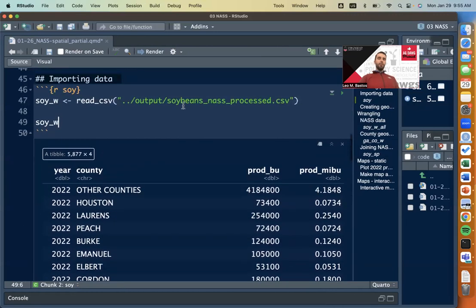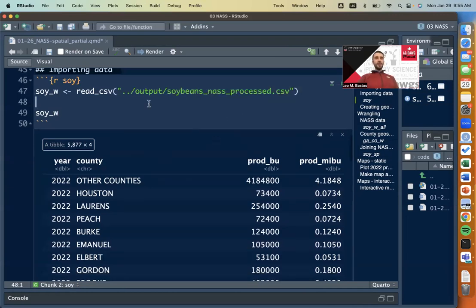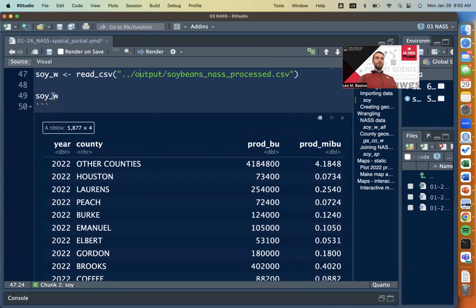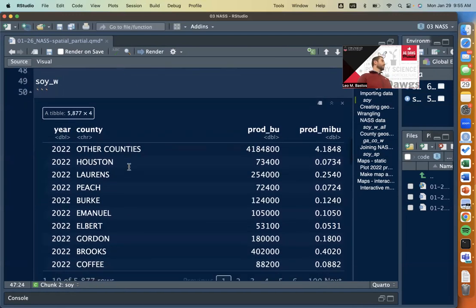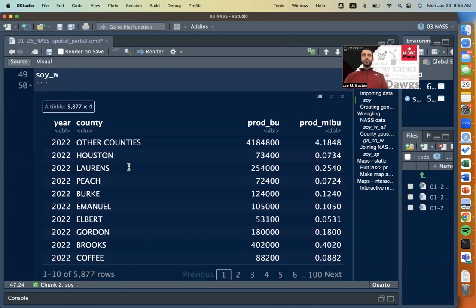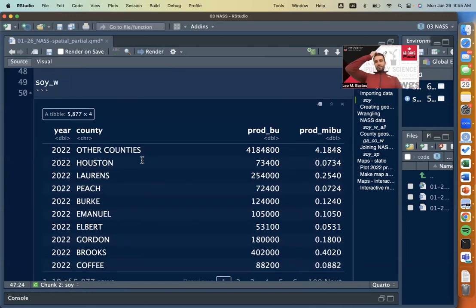So notice how this file is a CSV, right? It's not a shape file. It's not anything like that. It is a CSV file. And once we bring it in, it's considered a tibble or a data frame. So at this point, this is not geospatial data yet. The thing here is, if you think about it,